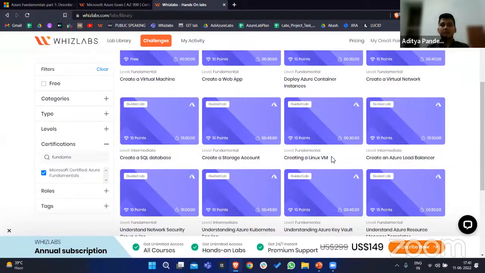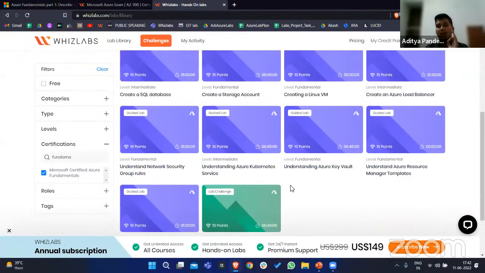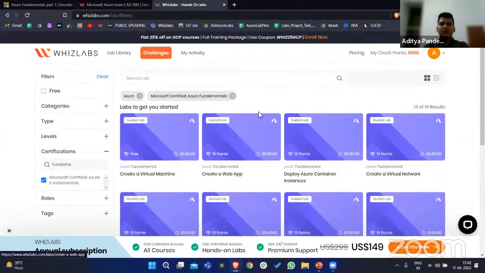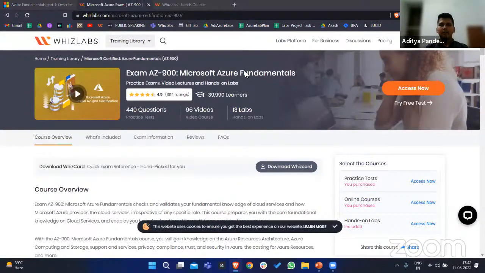You can create your own Linux VM, right? You would be able to create a storage account. So this is the extra and very important knowledge which is required for this examination, right? And that's all the content you actually need to prepare for your examination, right?